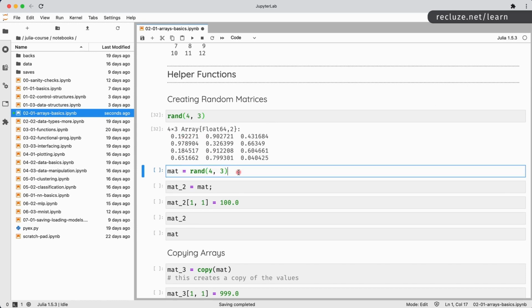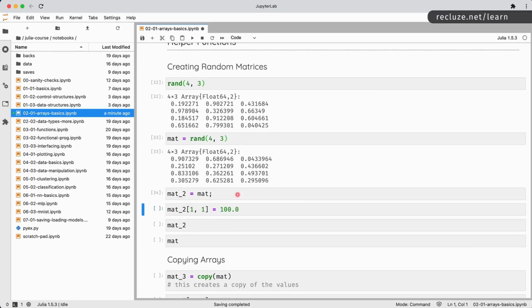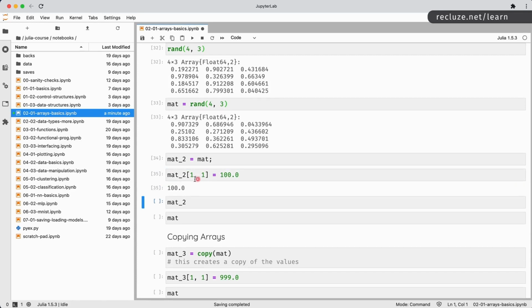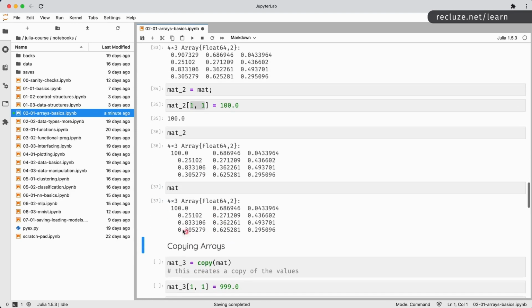Okay, we can save this in an array. So over here, mat, we can create a copy of that. And if you recall from the last lecture, if we modify mat at 1 comma 1, so that is essentially how you access the individual elements within the matrix, so row comma column, if you change that, mat2 is changed, and so is mat1, right? So you would recall this is the same problem of sharing the memory even though you did this, right?